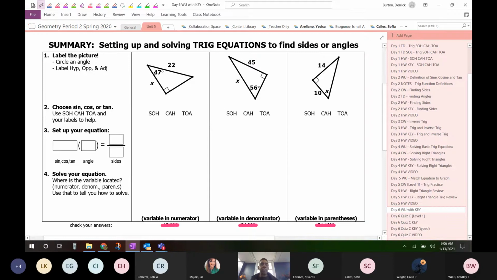We know how to solve these things by now. I know we do. So looking at this first picture,